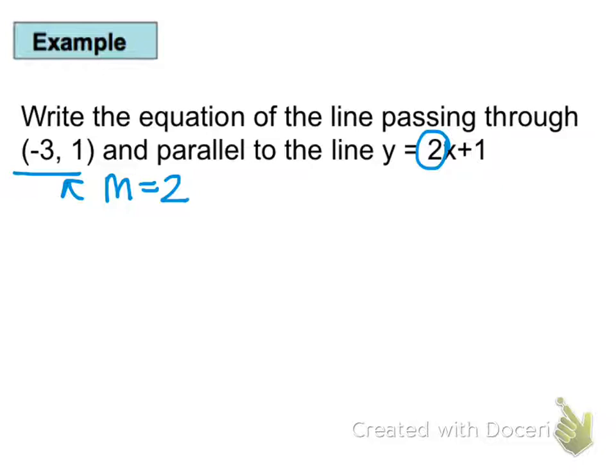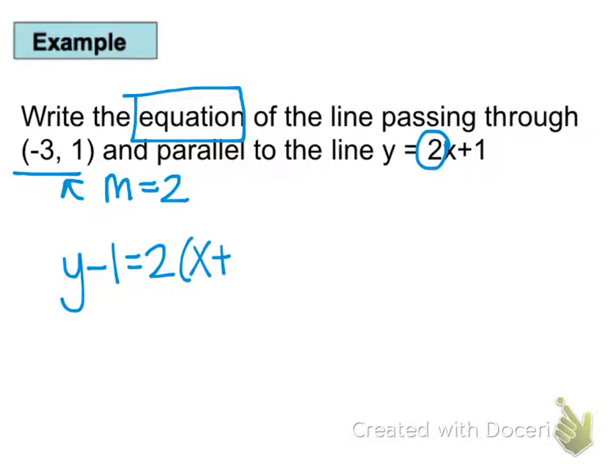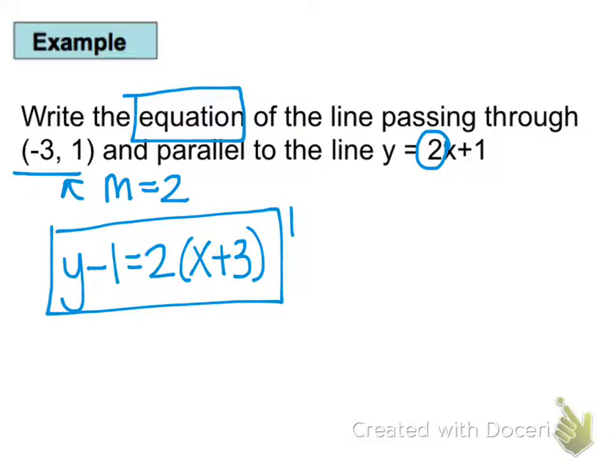You can see that it only asks us for an equation. It doesn't specify what kind of equation it wants. So really, we could just take our point and our slope and put it in point-slope form. We can say y minus 1 equals 2 times x minus negative 3, which is x plus 3. This right here is a perfect answer in point-slope form, and we could leave it just like that if we